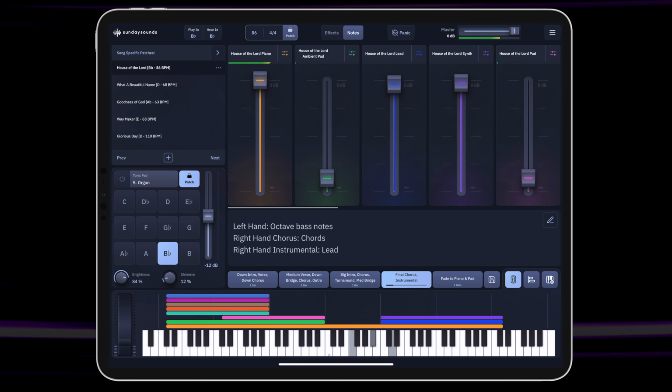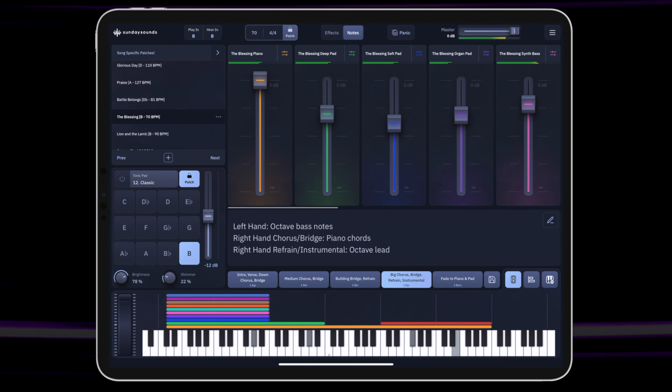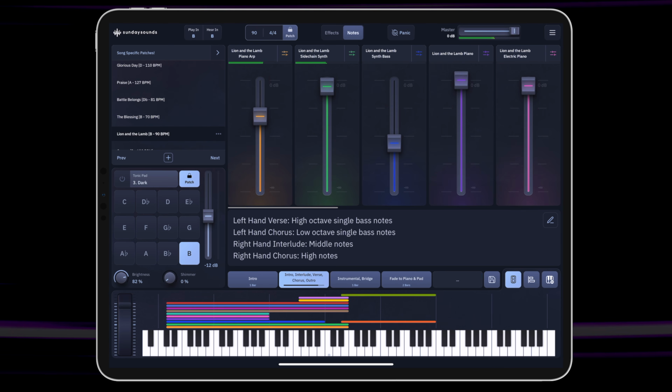Sunday Keys. Ever since the app was released, people have been clamoring for us to add support to the standalone app format. And I'm excited to say that as of today, as you're watching this video, you can download version 1.4 of the app from the App Store, which officially brings support for song-specific patches to Sunday Keys. To coincide with this app update, you'll find that many of our most popular song-specific patches have been updated today as well to be available inside of the app, and we'll be regularly adding more songs to the app format